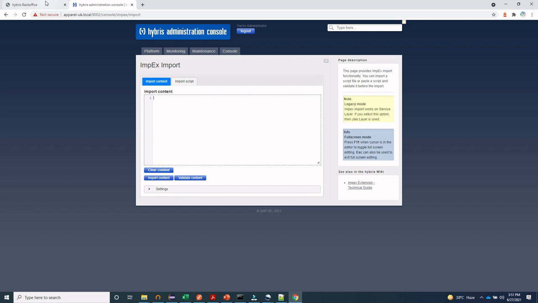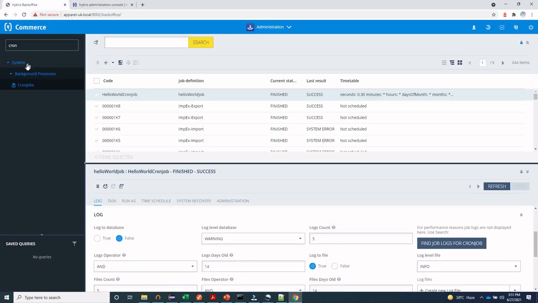Now let's go to the back office. In the back office, if you go to the cron jobs, then you can see that the hello world cron job is created successfully. And let's see this job.